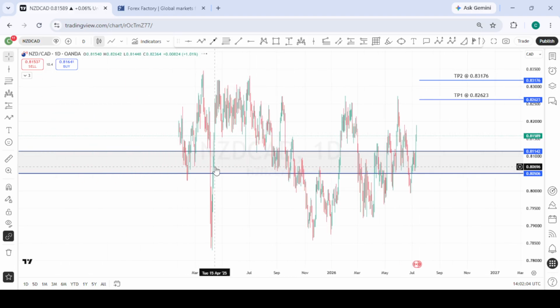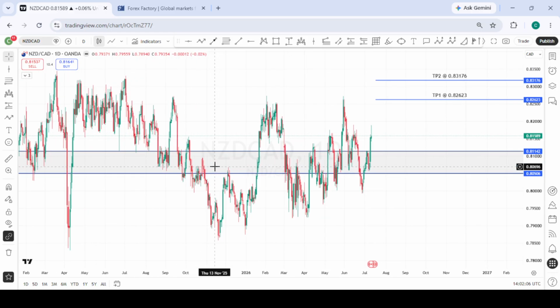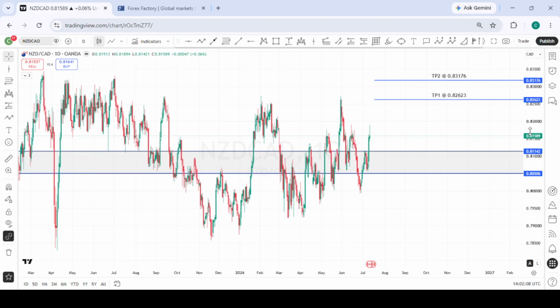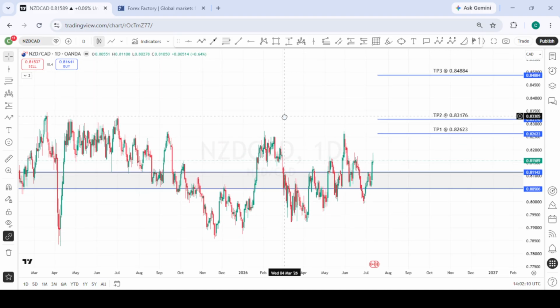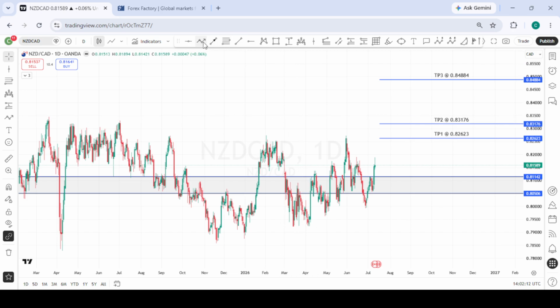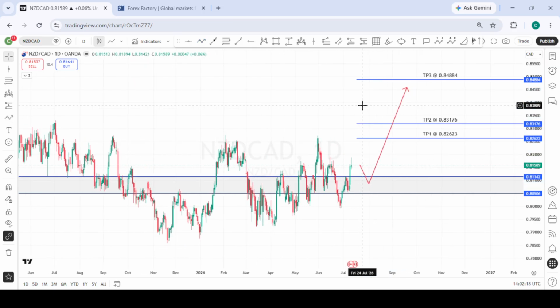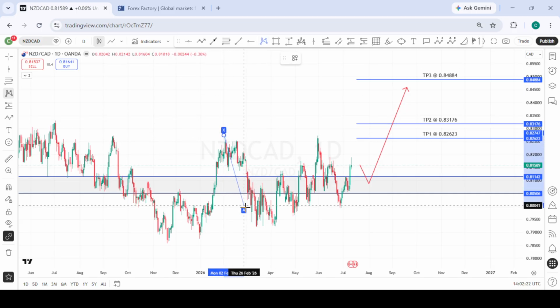This is NZDCAD, and NZDCAD has shifted bullish, I think, on a weekly and a daily perspective. So going into next week, all we are looking out for is a possible pullback into this area of interest. Look for buying opportunities to the upside. This is also a potential harmonic pattern that is developing, which this is the X, this is the A,